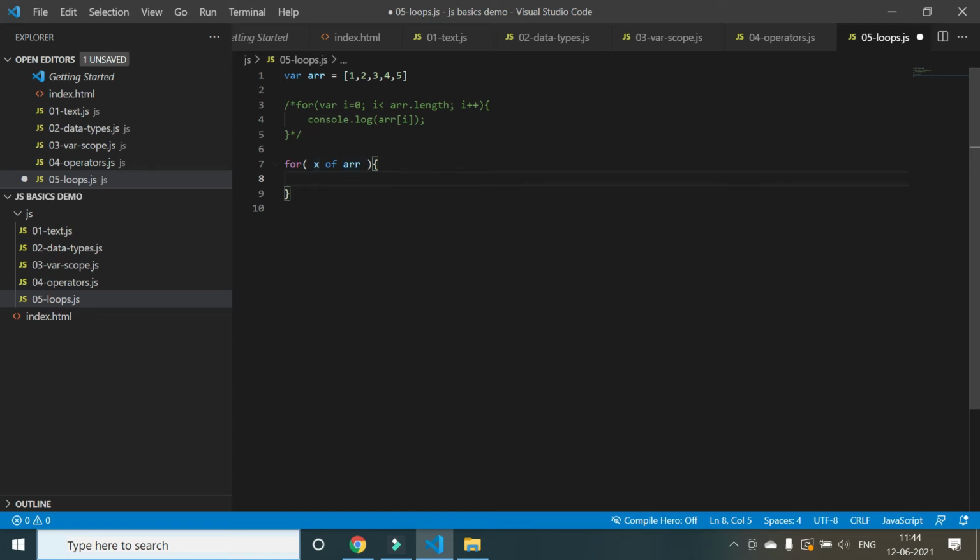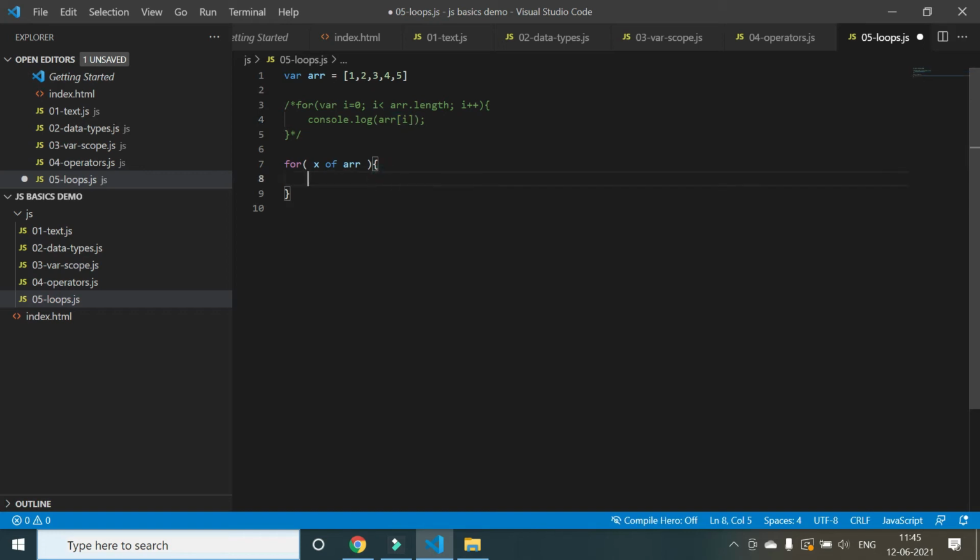Then again it comes back, and takes the second value of this array and puts it into this x. So the index increment and the array of i, all that you need not do. This is a simple statement. It will go into the loop, take the first element of the array, put it in the x, and then again go here, take the second element and reassign it into the x, and again goes back, takes the third element, reassigns it to the x, and it goes on and on like this until all the elements of the array are complete.